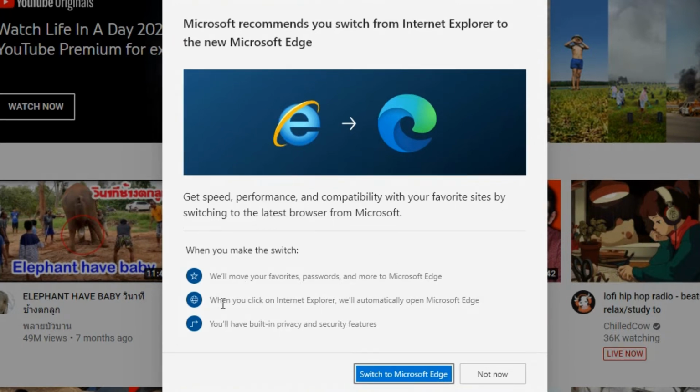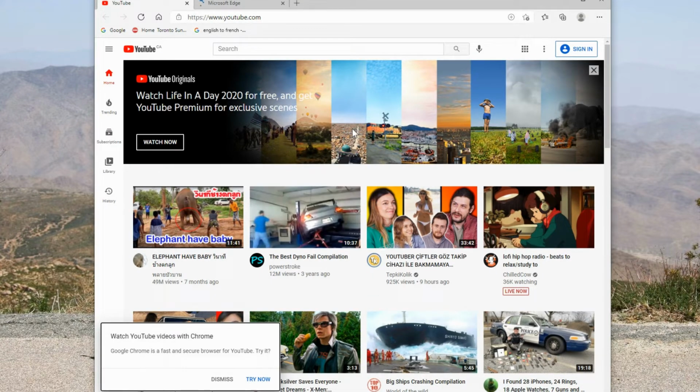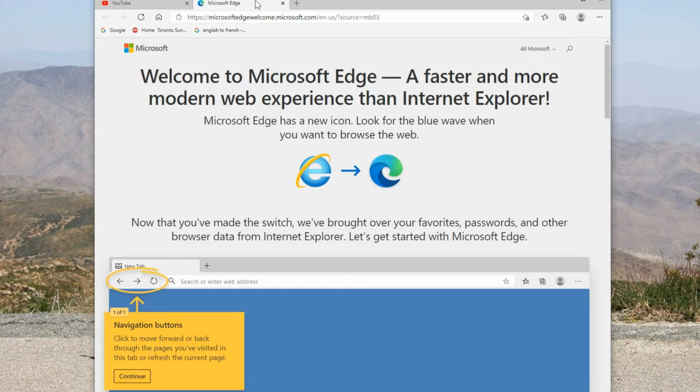And it also is going to start, assuming every time you click on Internet Explorer, that it's going to automatically open Edge. Well, it's already doing that, so they're already forcing this on you. So we'll go ahead and hit switch, even though it's already done basically, and it gives you a little welcome menu with some information that you might want to read about.